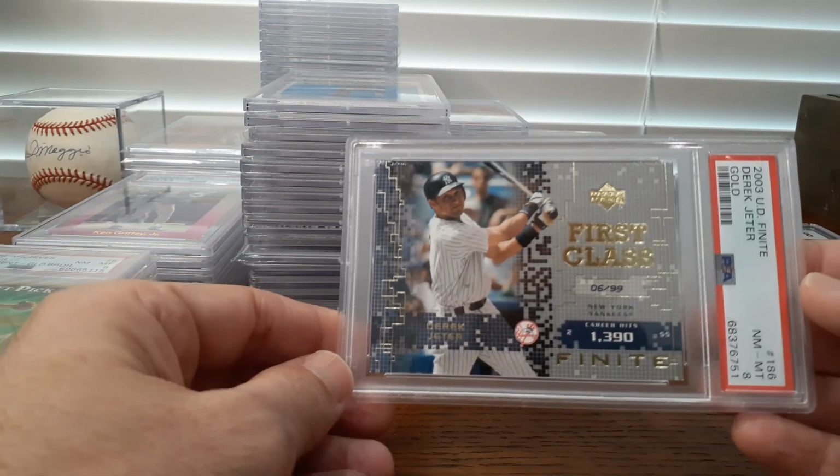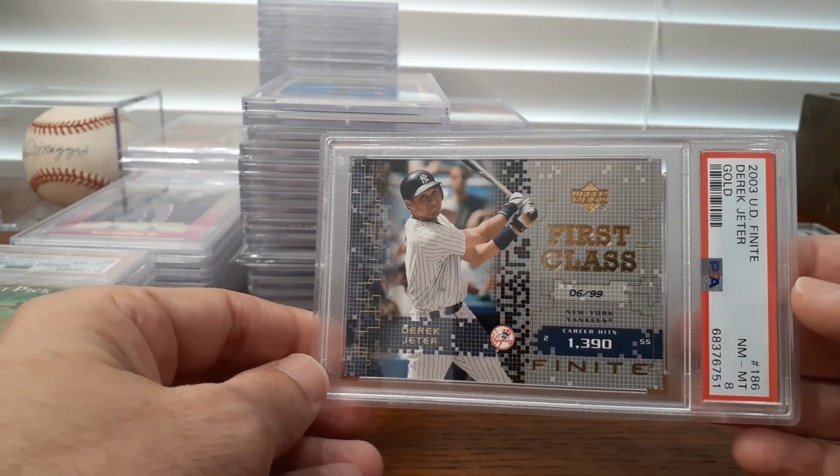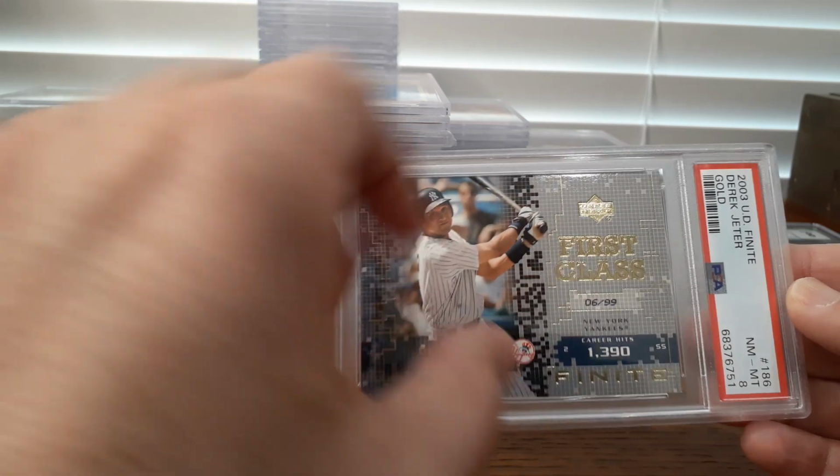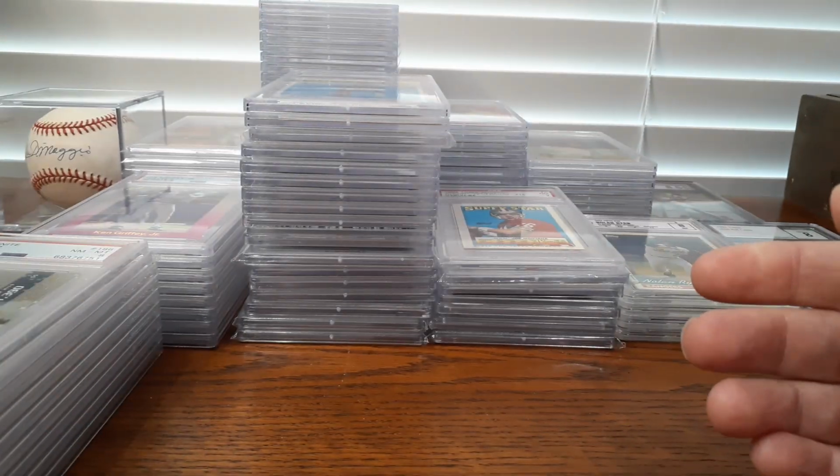Here's a cool piece that kind of slipped under the radar. This is numbered to 99. The Upper Deck Finite Gold Jeter. Thought that last Jeter was cool too. And I'll pick up Griffey too. Griffey is